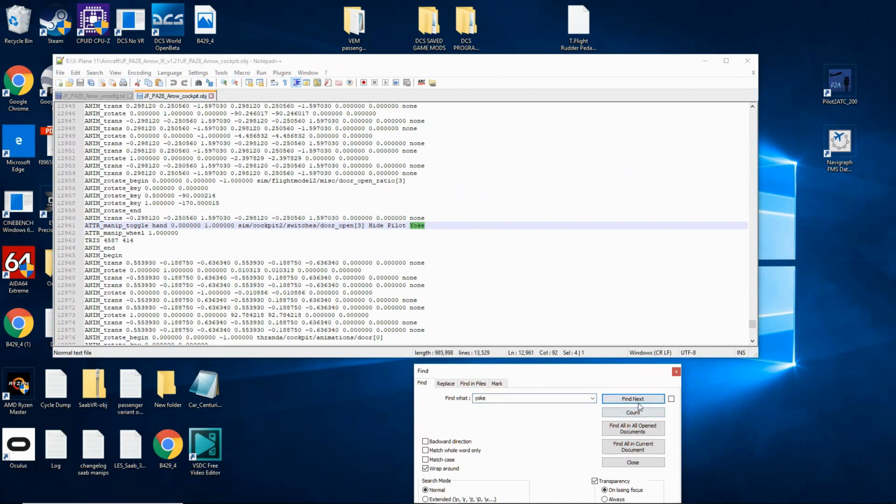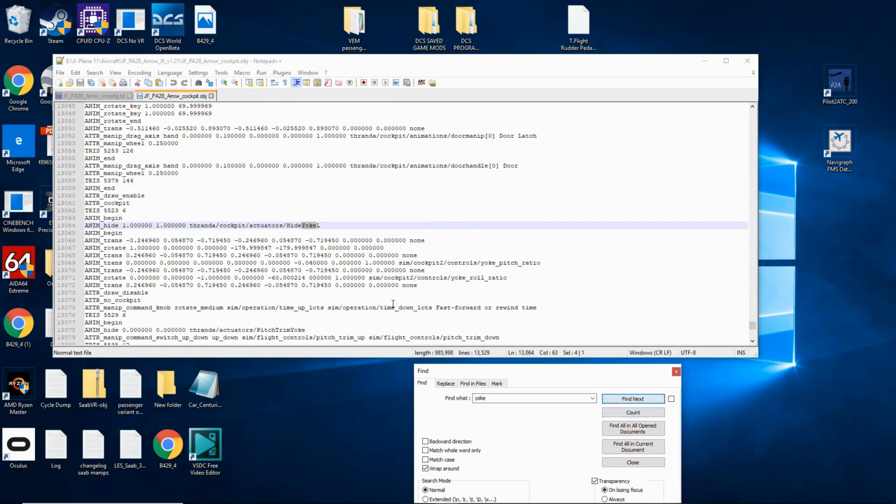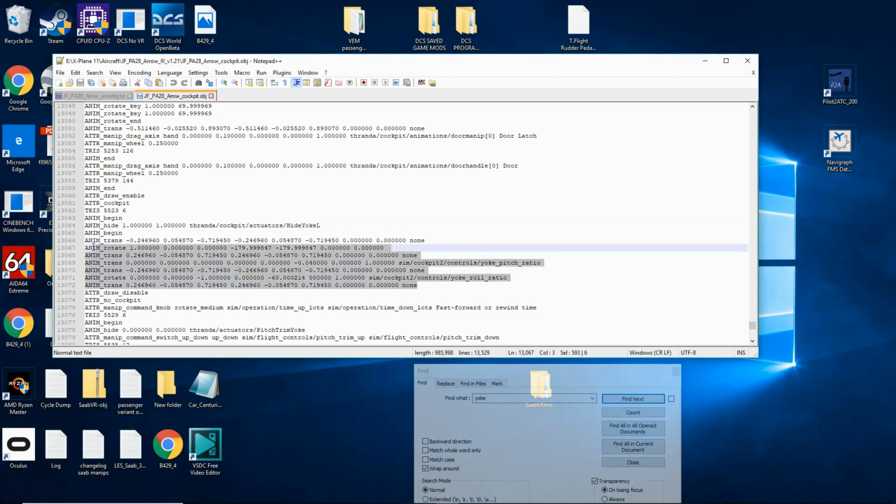We don't care about that one. We don't care about that one. We don't care about that one. Now this looks more like what we care about. We're looking for something like this with some translations, some rotations, and then it's firing the yoke pitch ratio and the yoke roll ratio. Now this particular one does not have the manipulator we're looking for, so that's further on down in the